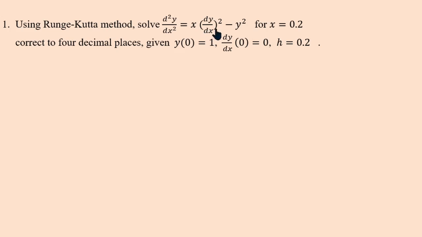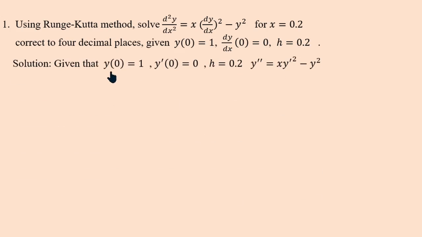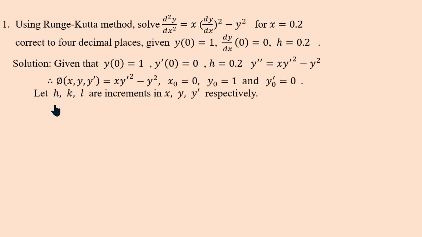minus y square, for x equal to 0.2, correct to 4 decimal places, given that y at 0 is 1, y dash at 0 is 0. So h, the increment in x, is 0.2. Now h is 0.2, y double dash is x into y dash square minus y square. Therefore, your phi of x, y, y dash is x y dash square minus y square,